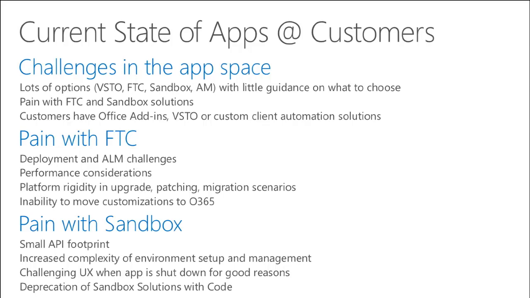There's also the platform rigidity argument in which when you upgrade SharePoint, when the latest CU comes out, you should be regression testing all of your apps against that CU. Now, the rigidity aspect comes in when you have 5 or 6 different full trust solutions and you want to receive the benefits of a fix, you now have to go along and have a much longer, elongated testing cycle because you want to make sure that in a patching or migration scenario, your apps, your full trust code works with the latest CU.